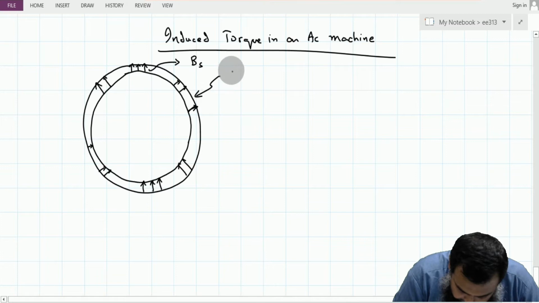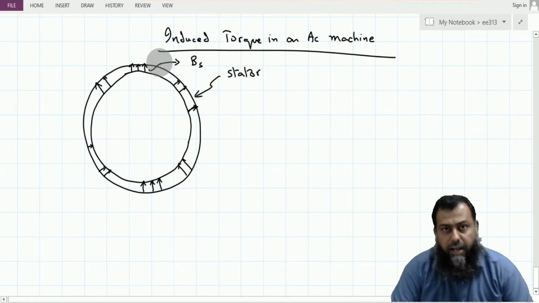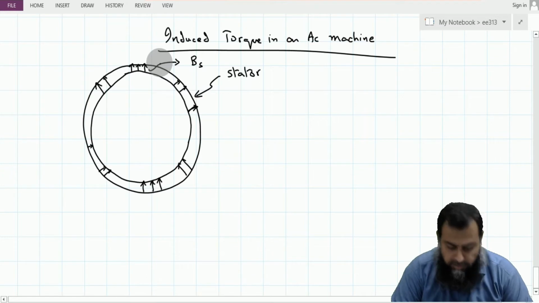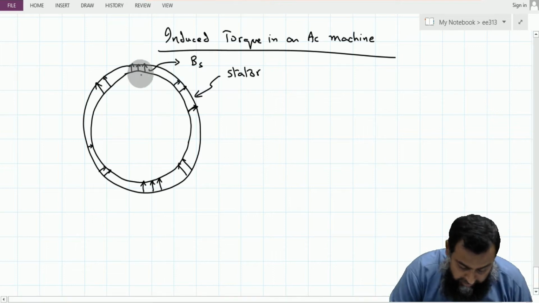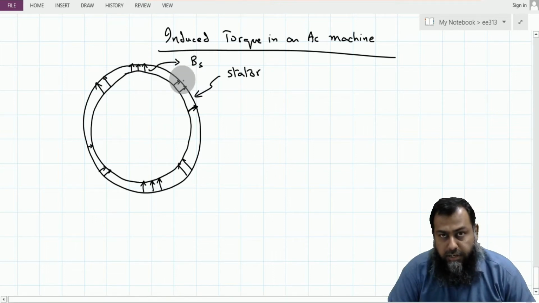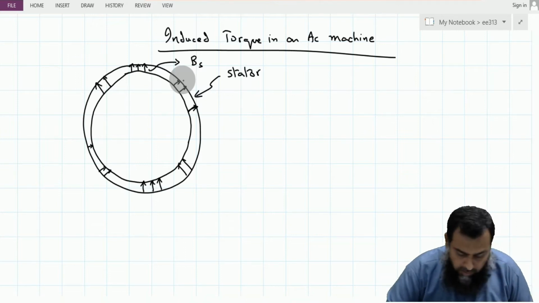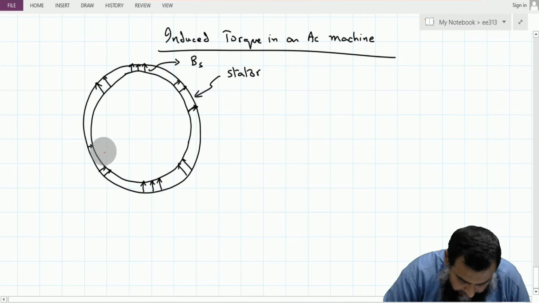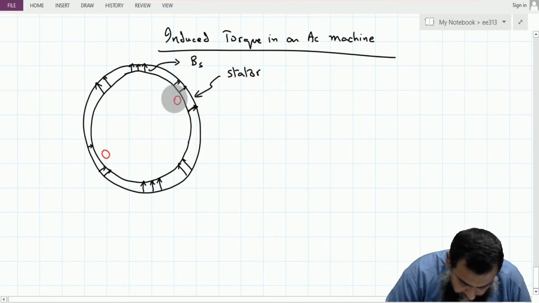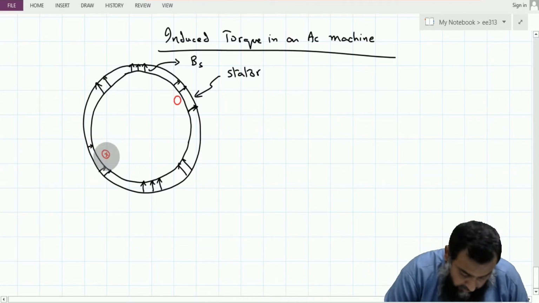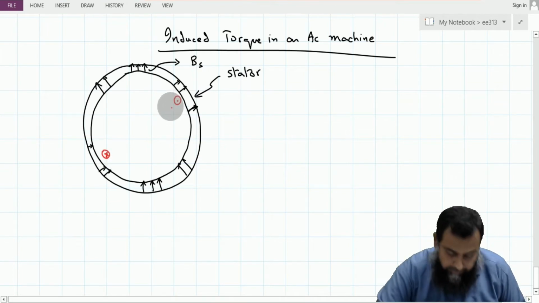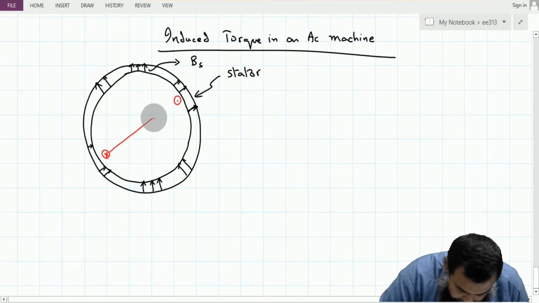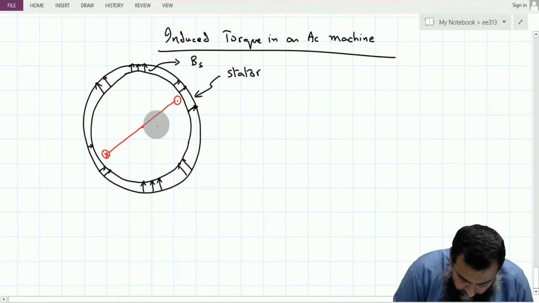Here we have the stator, and in the stator we have the winding arrangement such that we have a magnetic field which is frozen at this particular moment of time, and these lines are showing the direction of the magnetic field in the stator, which is this BS. Now suppose that we have a rotor which has the current flowing into the rotor bar from this cross side, and it is coming out of the page from this dot end. Suppose that this is the rotor and this is the center point on which the